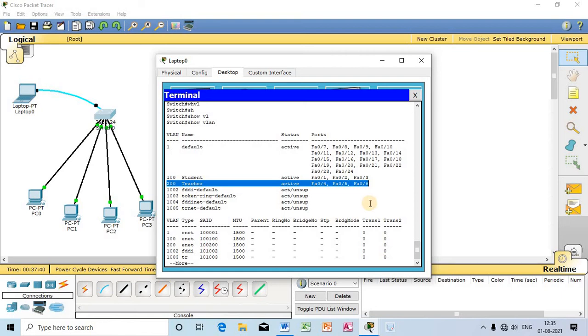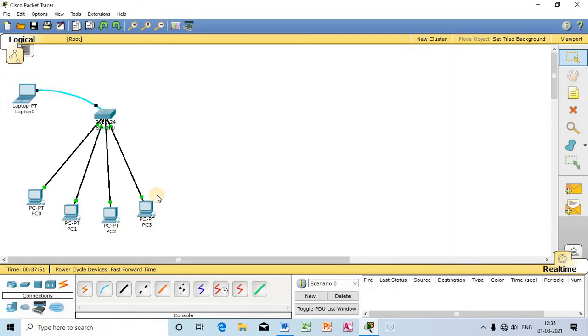Okay, let us observe one thing. I have connected 4 computers out here. Let me connect another 4 computers, then we will watch the difference.